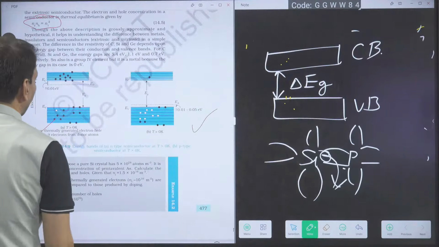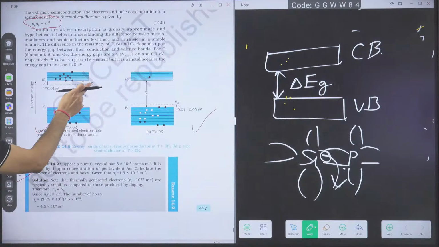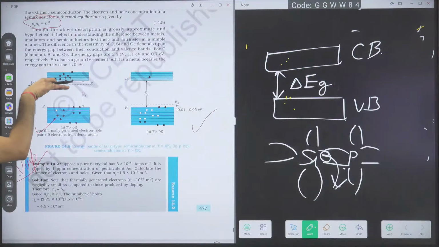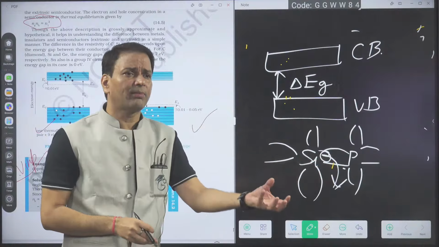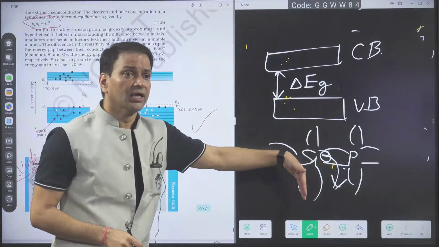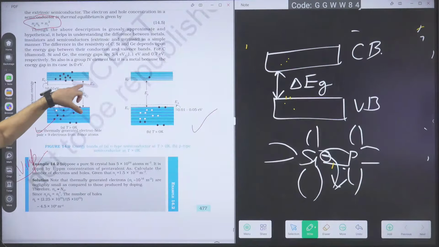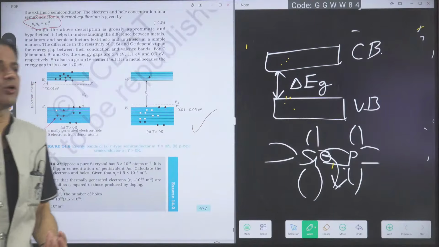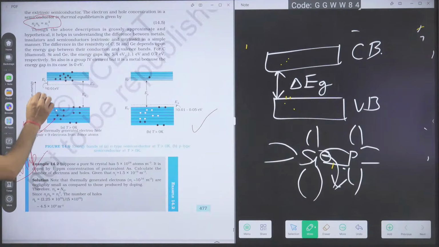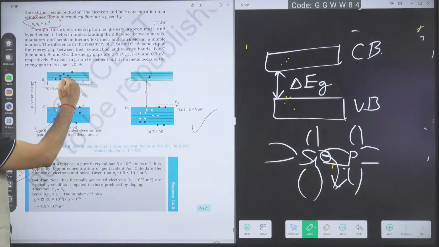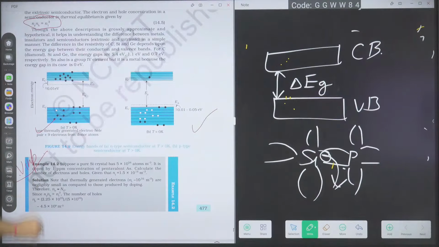That's why in the n-type semiconductor we get the donor level below the conduction band. This donor level is due to these electrons. By giving a small amount of energy, they can be freed. So in the n-type semiconductor we get the donor level, because they can give the electron to the conduction band. So the donor level is very close to the conduction band in the n-type semiconductor.